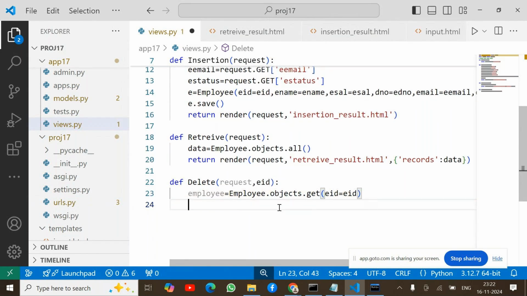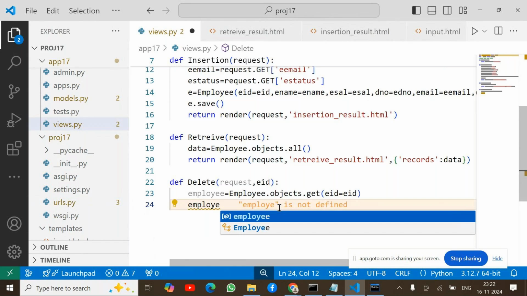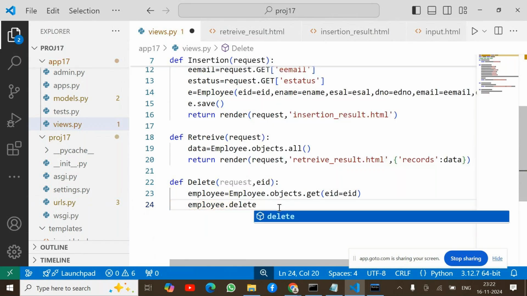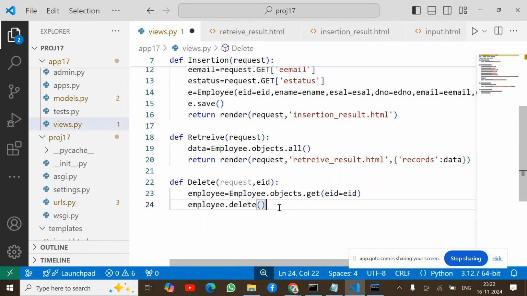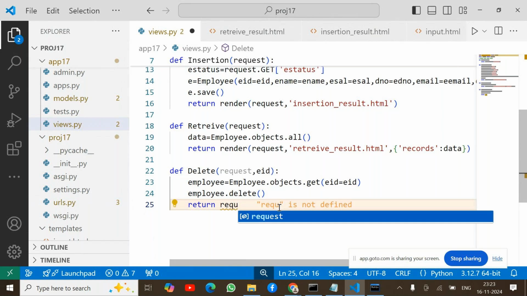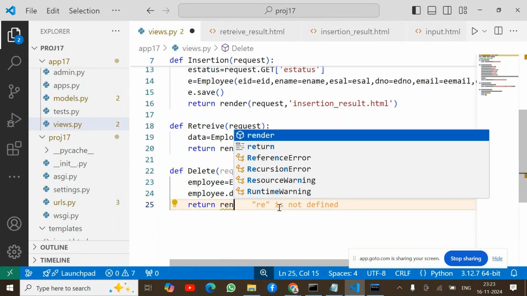Next one, employee dot delete. Now whenever click on the delete, return, request object, return render,